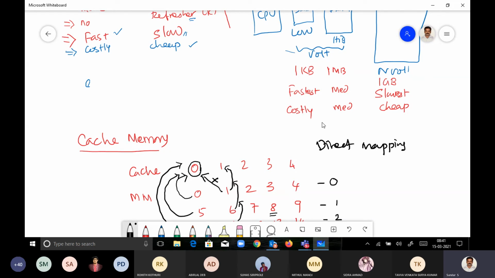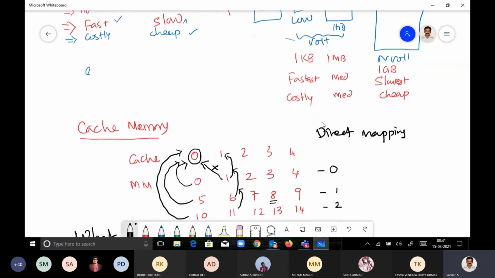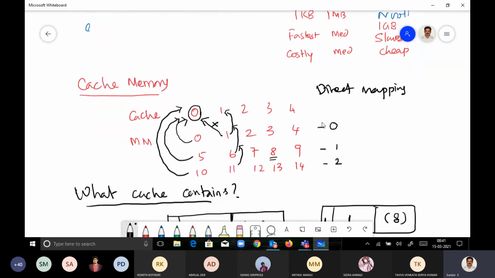Now, how these things are copied from one level to another depends on some arrangements. A very simple arrangement to start with is the direct mapping. In direct mapping, some portions of cache memory are linked with some portions of main memory, and only these are connected. I would like to remind you this is not the only way things happen, but to start with, this is very easy. That's why I took this. At a time, one portion of main memory can occupy one slot of the cache memory.